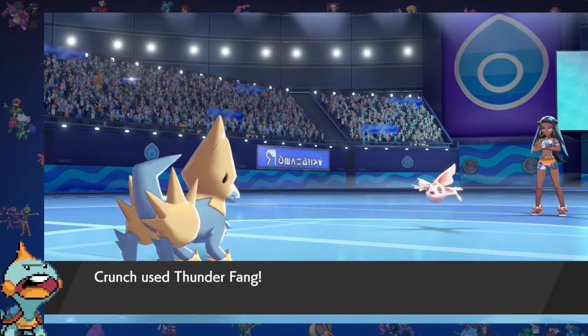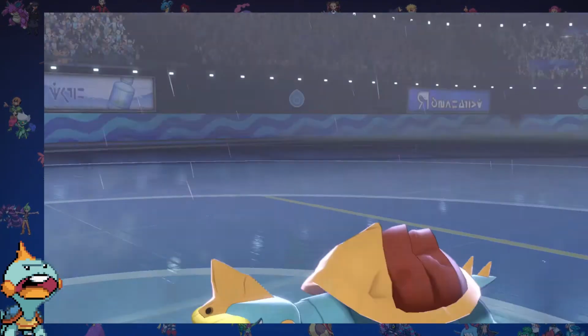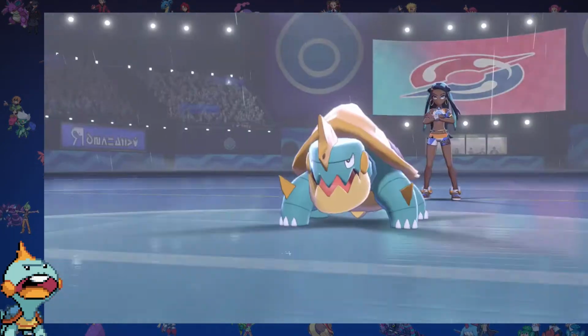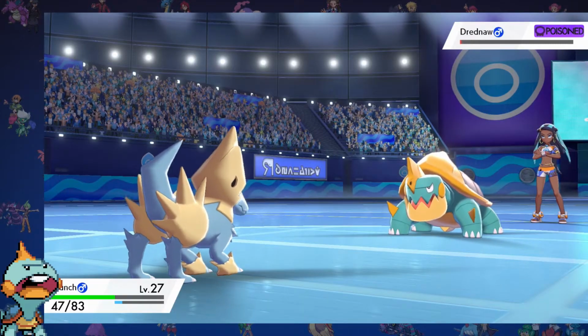We one-shot both her Goldeen and Arrokuda, and as we're faster, we take no damage. After cycling through my Pokemon to soak up damage from its max attacks, I switch to Skorupi. We get extremely lucky as we poison it with Poison Fang. Thanks to that and the damage that we deal with Manectric, we're finally able to clear Nessa and progress the